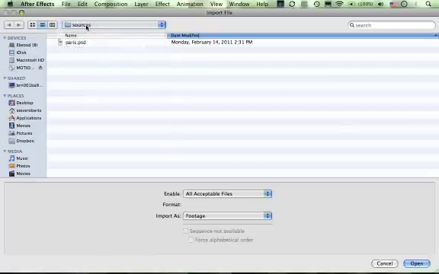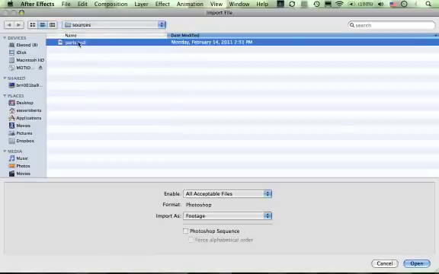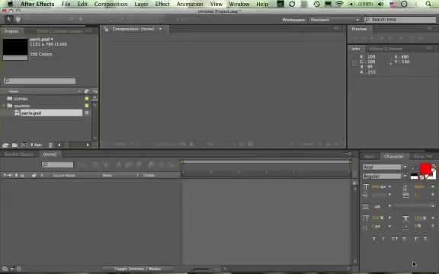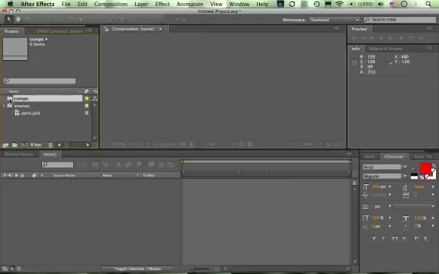Make sure we are where we are, yes. We want paris.psd. There it is in the sources folder. Now with the comps folder selected, let's make a new composition. Go down to the new composition button